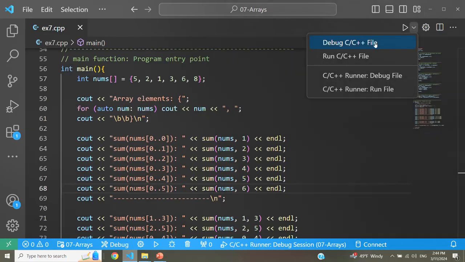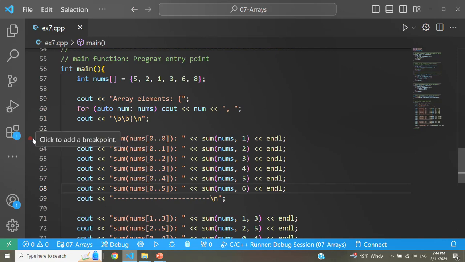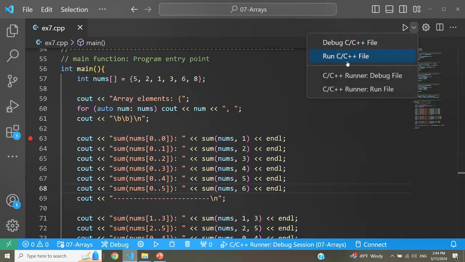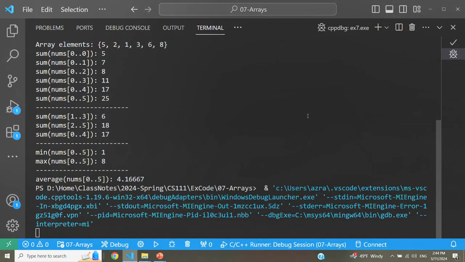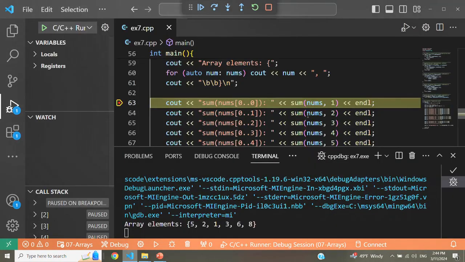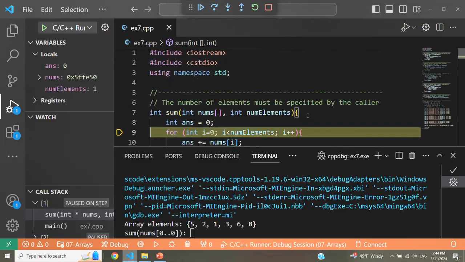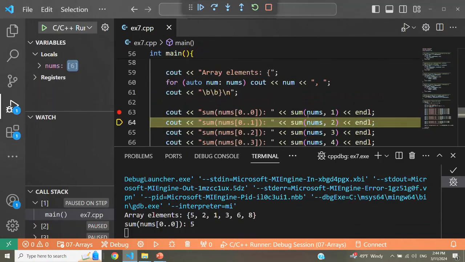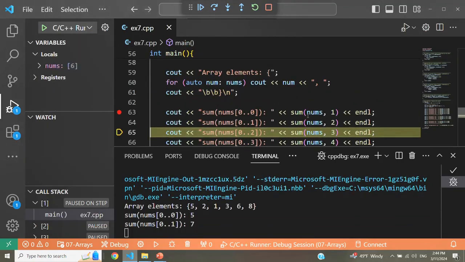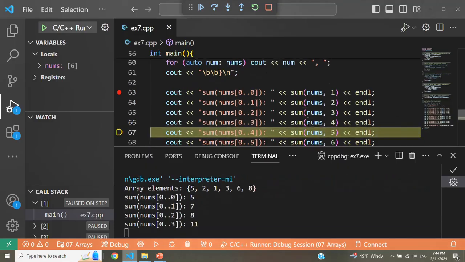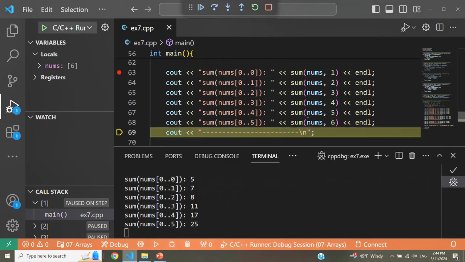So let me go step by step so that you see what gets printed with each function call. So here it is when we make a call to the function. Actually, we can go into the function, as you know, with F11. So if you go there, we're going to go step by step and print it. Now I'm pressing F10 so that I don't have to go into the function, but just execute and print the result. So 8, 11, 17, and 25.